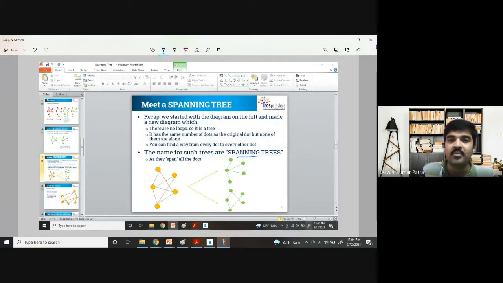Whenever we talk about one tree, let's relate it to a real world problem. So we come across a typical tree here, which is called a spanning tree. We call it that because it spans all the dots. All the dots are covered, and there is no loop, no multiple edges, and no self loop. So of course it satisfies the tree definition, and it's called a spanning tree because all the dots are covered.